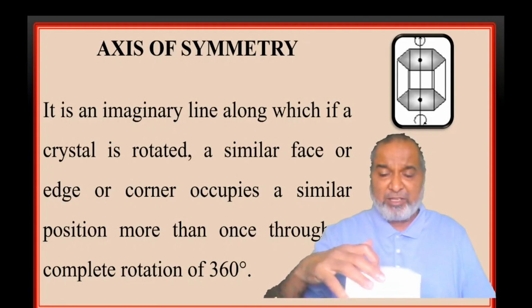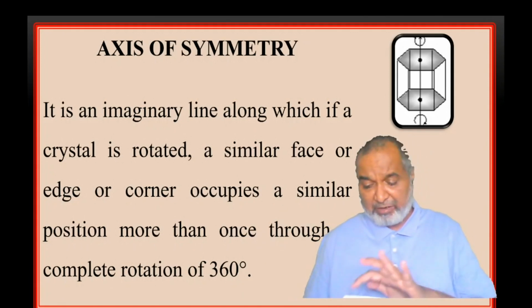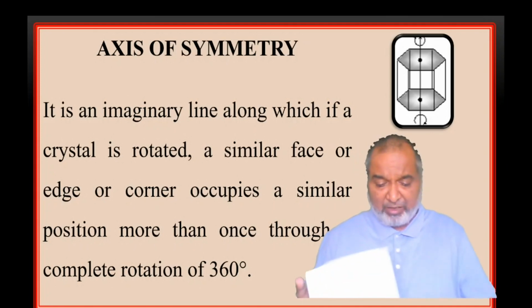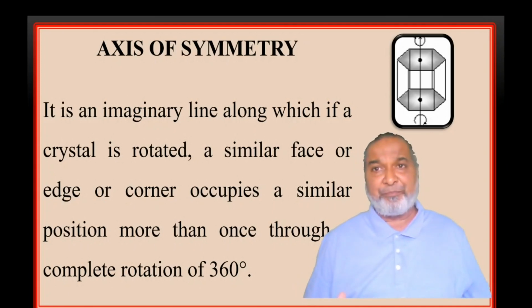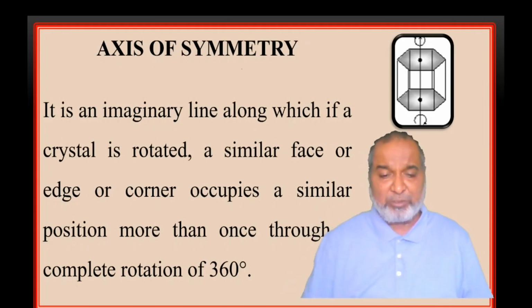Once you are done holding the center of the face, next one, corners. You can see now in the cubic system there are 8 corners. All are identical. So if you join these corners to the opposite side, how many lines are we going to get? I'm going to get 4 lines. Yes, this is one line. Now see, I'm going to rotate along this corner.